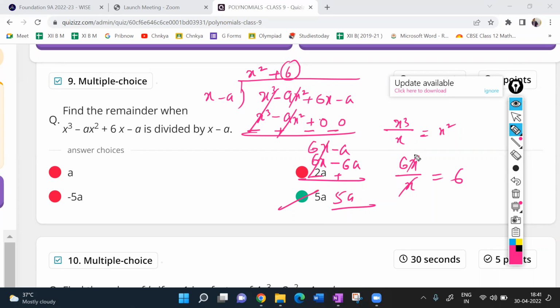This type of questions are really important from tomorrow's exam point of view. Okay. Hope it is clear. Isn't it minus 5a? Where, beta? Where is minus 5a? No, no. Here plus, right? You understood my point? Here plus, right? No, sir, I'm saying it's 6a minus a. 6a minus a only, 5a. Okay, sir.